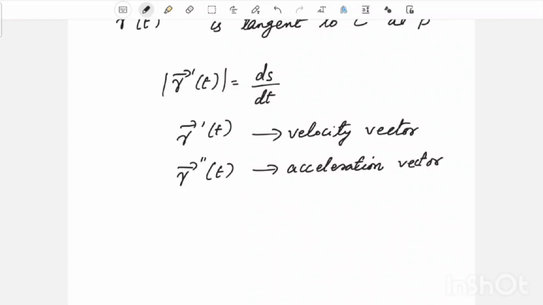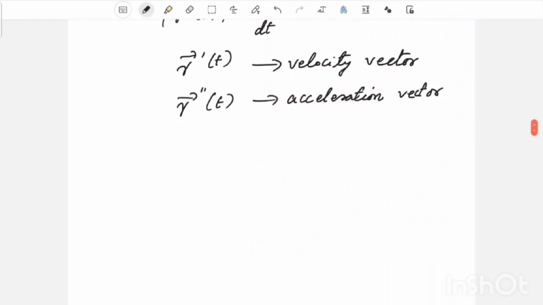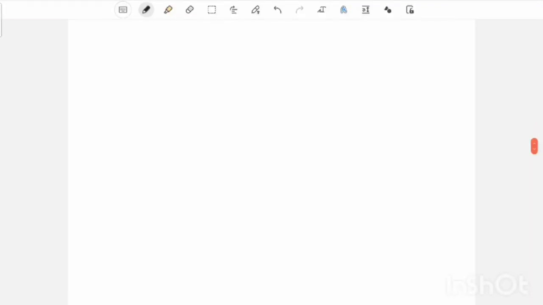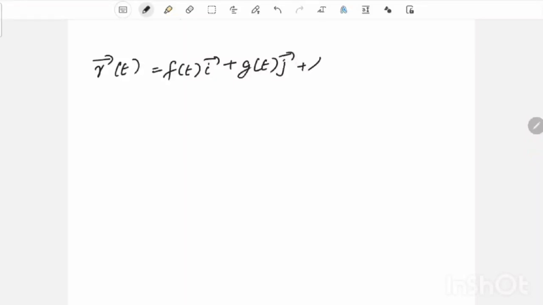Now we can formally define the velocity, acceleration and speed of a moving object. Let vector r of t is equal to f of t i plus g of t j plus h of t k be the position vector of an object, and if f, g and h are twice differentiable functions of t, then